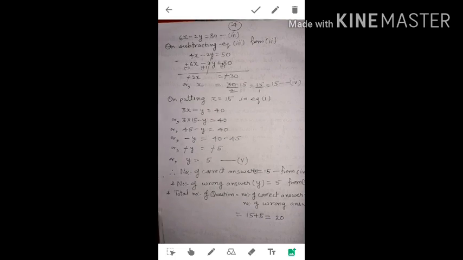We have multiplied the first equation by 2, then we are getting here 6x minus 2y is equal to 80. Here we have got -2y. The coefficient of y becomes -2 as in the second equation. Now we will subtract this equation 3 from the second.